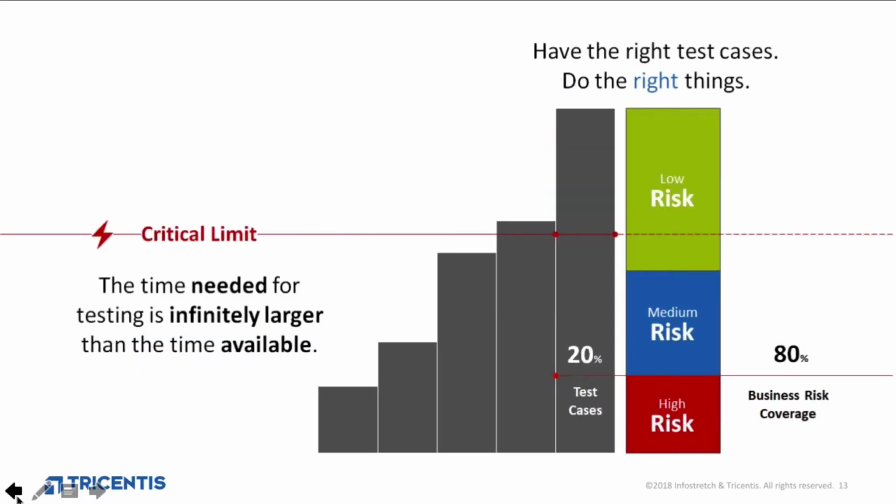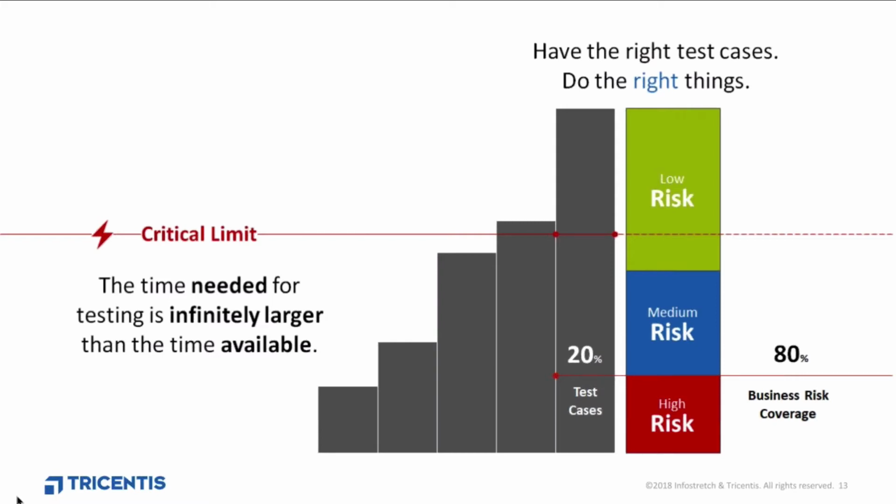All right, so let me quickly reflect on the situation we have to deal with. With the increasing amount of tests we run, we hopefully also can increase the level of coverage. That's why we continuously add tests if they make sense. So if we improve our product, have new features, we probably introduce new regression tests for that. But at some point, we will reach a critical limit where adding new tests to our portfolio will not make any more sense for several reasons, such as, let's say, time or budget constraints.